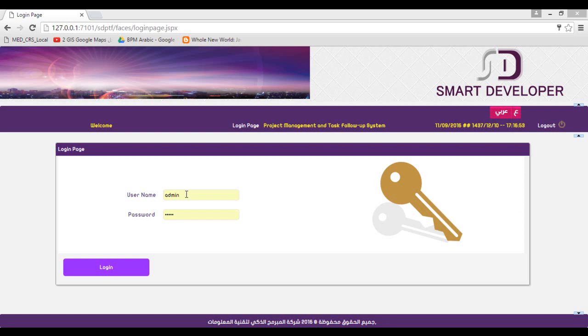Right now, managing a project is a big challenge for any organization. We have many parties involved in project management. First, the PMO, the project management office, who creates the projects. Then we have the project manager, the employee to be assigned tasks, the contractor, and the executives for reports and whatever. So we have these parties involved.